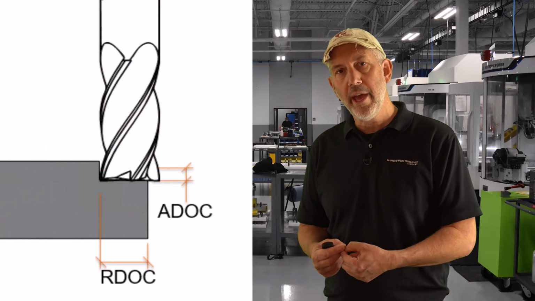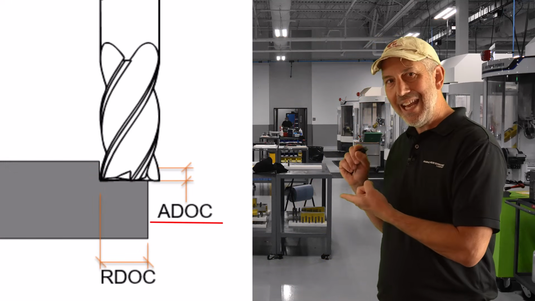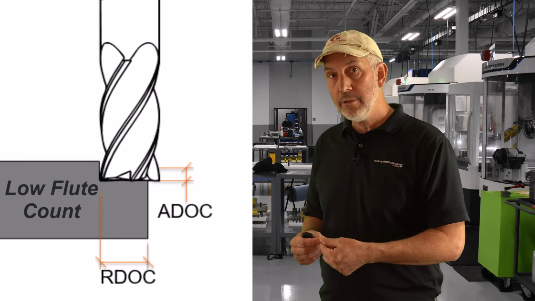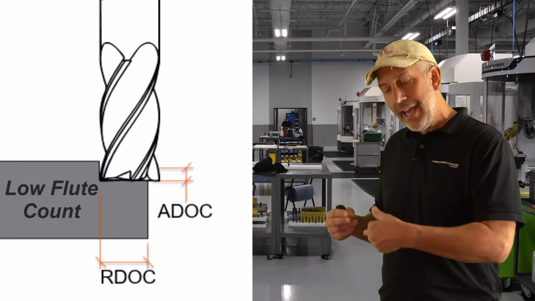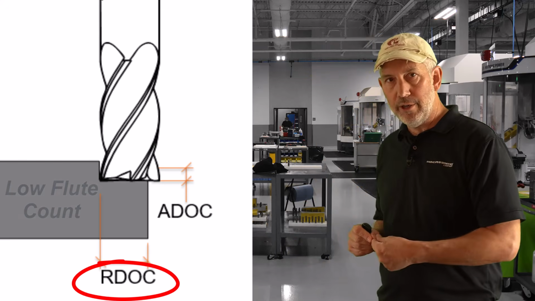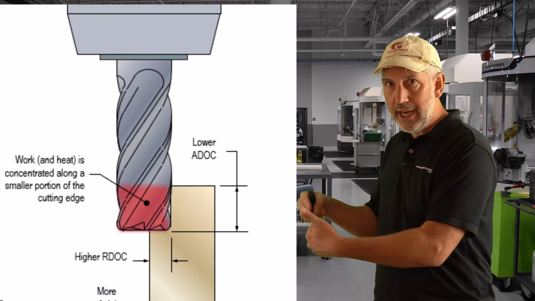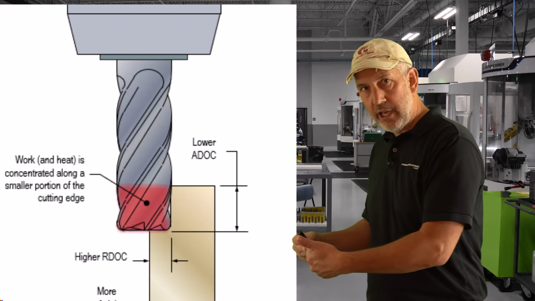So now folks, let's talk about the vibration part. How does a high efficiency toolpath take care of the vibration? Well, if you go back to the angle of engagement in the video we watched before, when you run a traditional toolpath, it's all about a light axial depth of cut, a fewer amount of flutes, okay, and a heavy radial step over. Generates a lot of heat. We figured out how to take care of the heat. We go with a light or a heavy axial and a light radial.